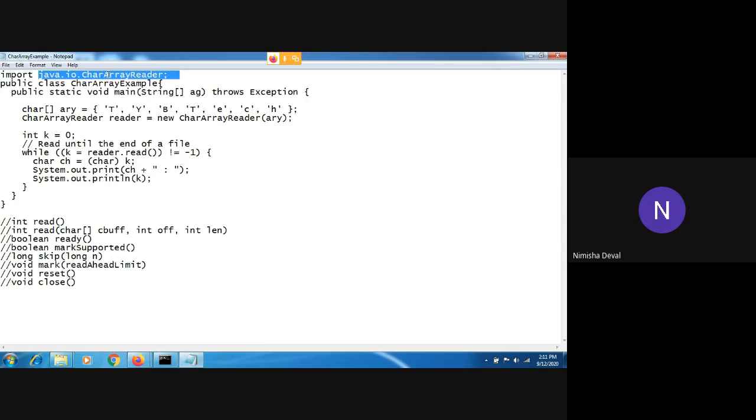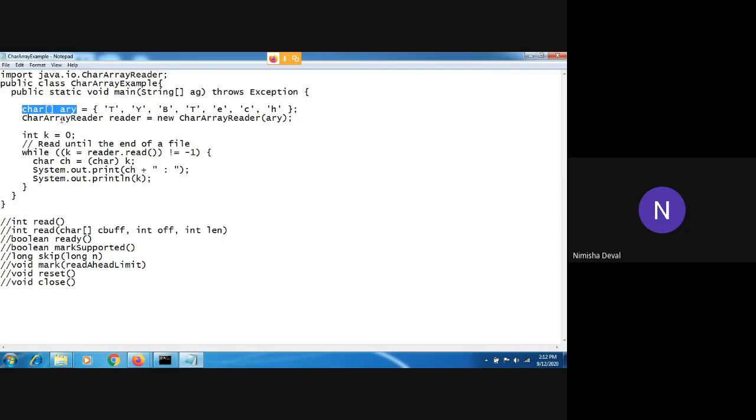If I want to use another class, then I will write a star here, as we have seen in previous programs. I have created its object, and in that object I will pass the character array. In that character array I have written TY BTech only, and that array is passed to the character array reader.